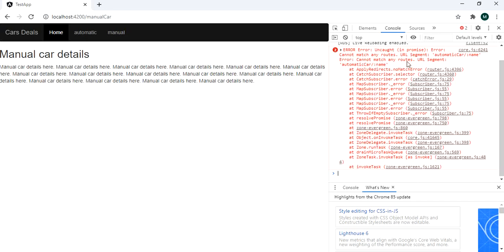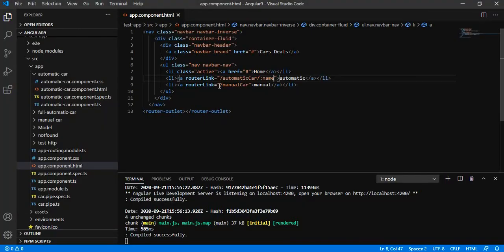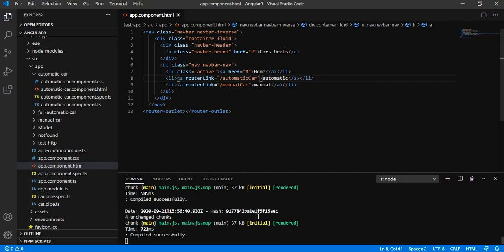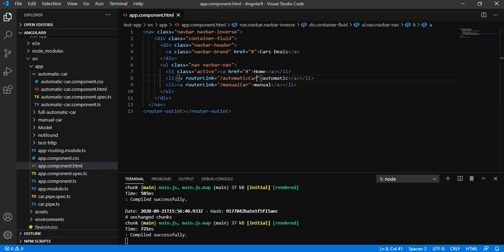We are getting some error when we are trying to give some parameter, and when I am removing this parameter, then it is working fine. Let's see how we can go ahead and create the optional route parameter.